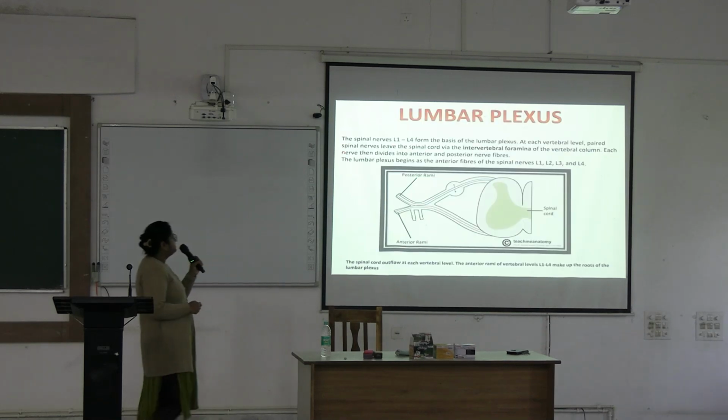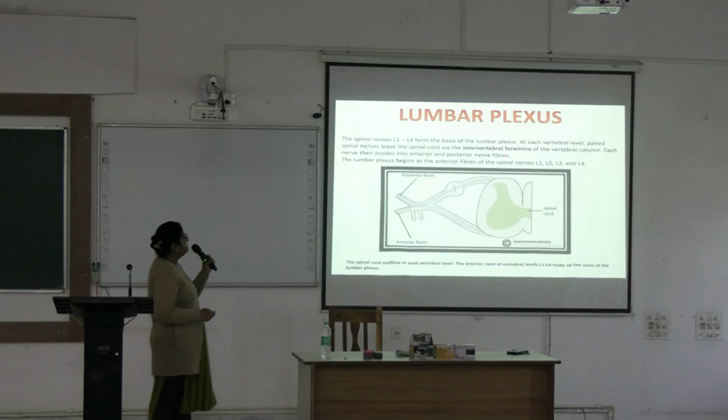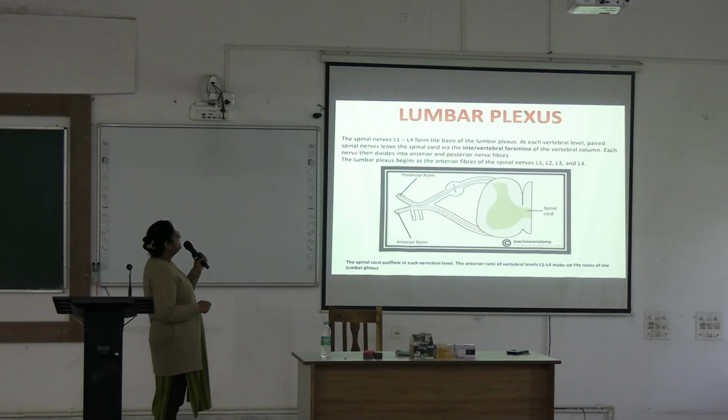So, the lumbar plexus. The spinal nerves L1 to L4 form the basis of the lumbar plexus. At each vertebral level, paired spinal nerves leave the spinal cord via the intervertebral foramina of the vertebral column, and each nerve then divides into anterior and posterior divisions. These are the two roots, anterior root and posterior root. Over the posterior root, a ganglion is present, and the two roots join to form the spinal nerve,